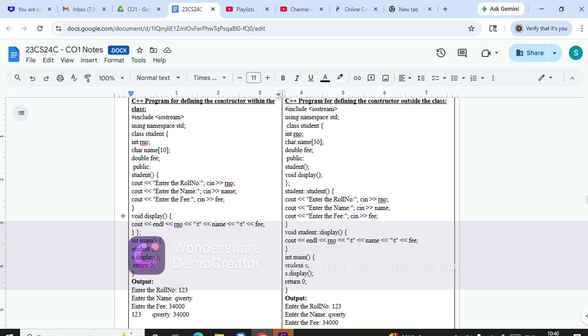Okay, so inside the main function I created an object for that class. Once the object is created for the class, at that time the constructor will be called, so the constructor student will be called, and we are getting input from the user. After that, using this object I am calling another member function, display. In the display function it will display the details of the student. Okay, so if I run this program,